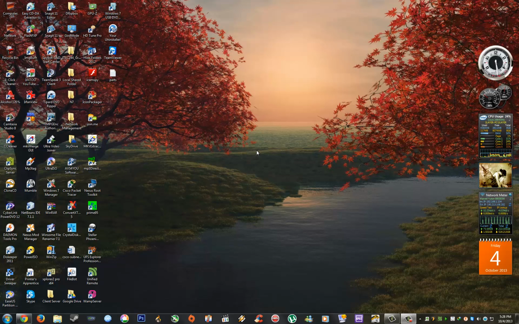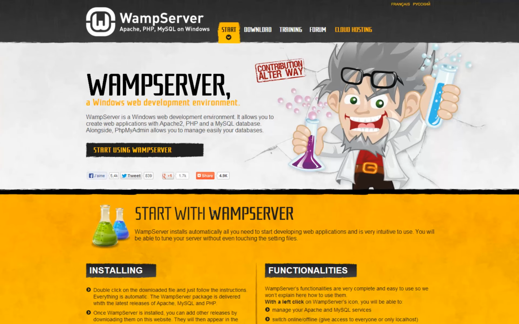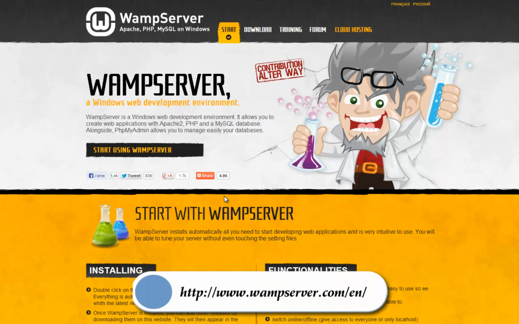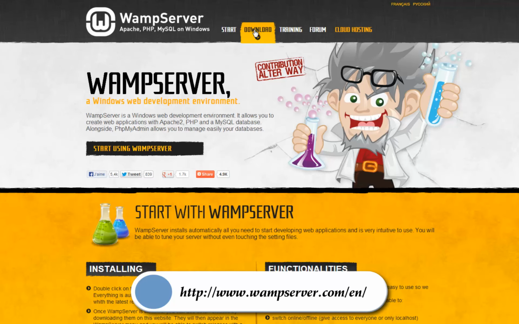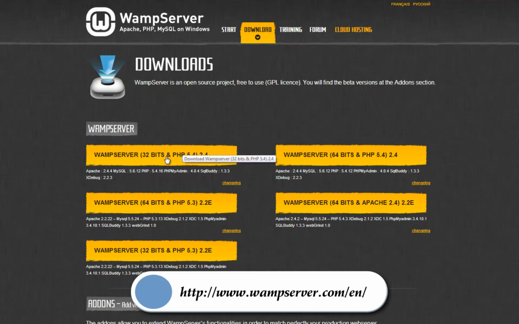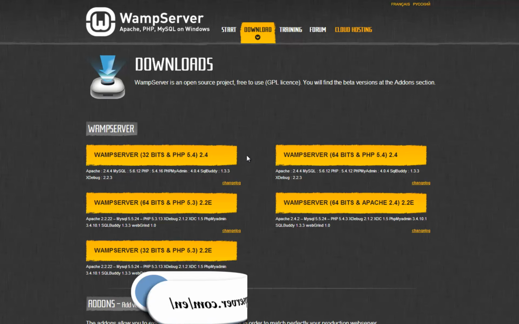besides that you're also going to have to install two other programs. Now the first of these two is a program called Wampserver. You should see the link, the URL on your screen now. You're simply going to click on the download link and download the relevant version for your operating system, whether it